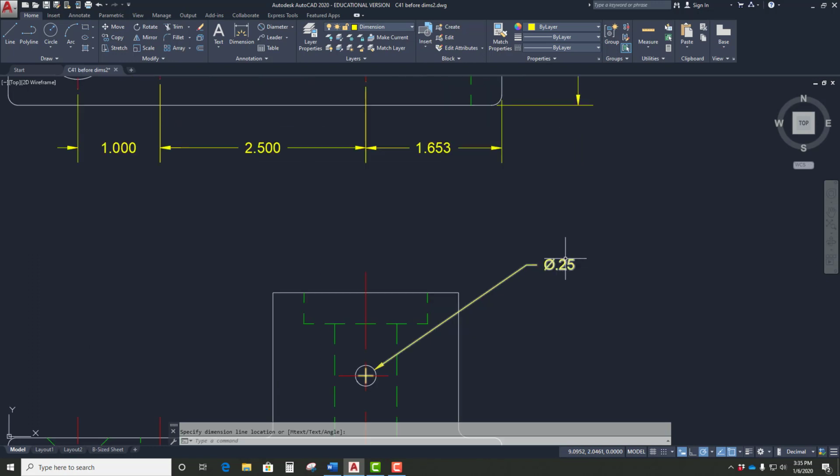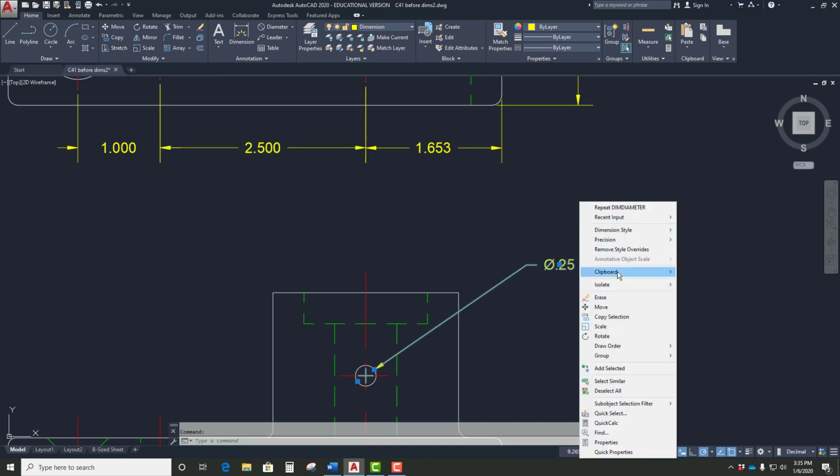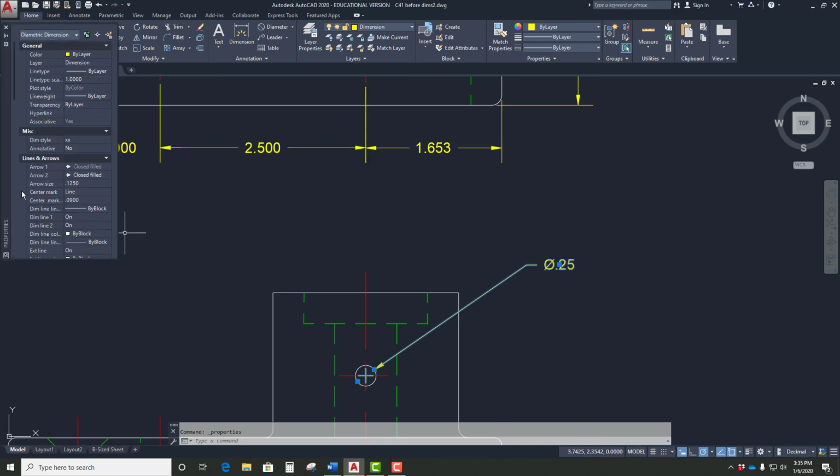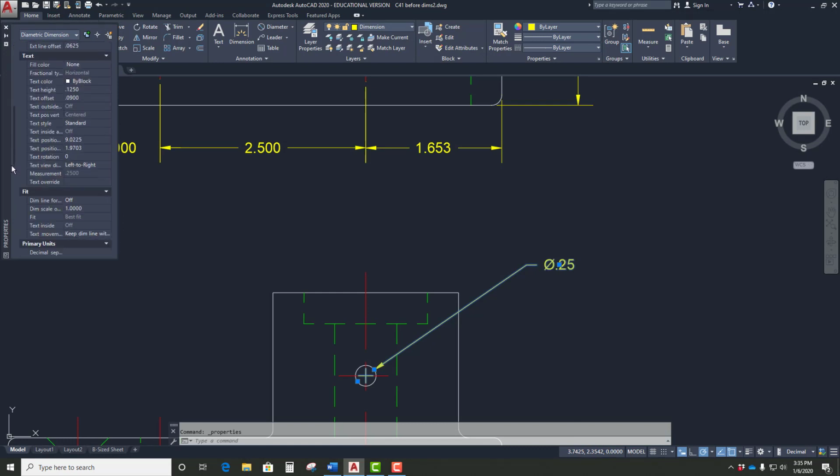So what we're going to do is a little trickery here. First thing we're going to do is get rid of that center mark. Let's see. Center mark is underlined, sorry. None. Good, because the center mark is already there. Now, here comes the tricky part. We need a depth symbol there, which we're going to have to create, and then we're going to tell it